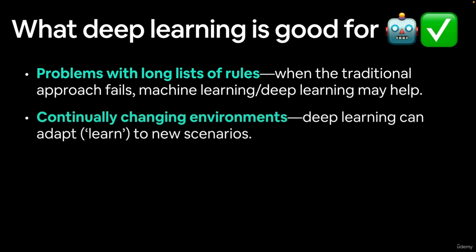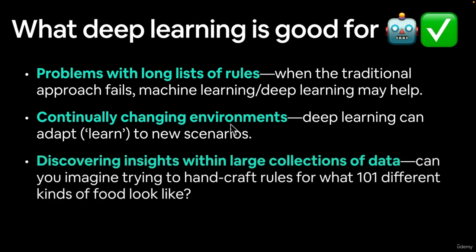Continually changing environments. One of the benefits of deep learning is that it can keep learning if it needs to. And so it can adapt and learn to new scenarios. So if you update the data that your model was trained on, it can adjust to new different kinds of data in the future. Similarly, if you are driving a car, you might know your own neighborhood very well. But then when you go to somewhere you haven't been before, sure, you can draw on the foundations of what you know, but you're going to have to adapt. How fast should you go? Where should you stop? Where should you park? These kinds of things.